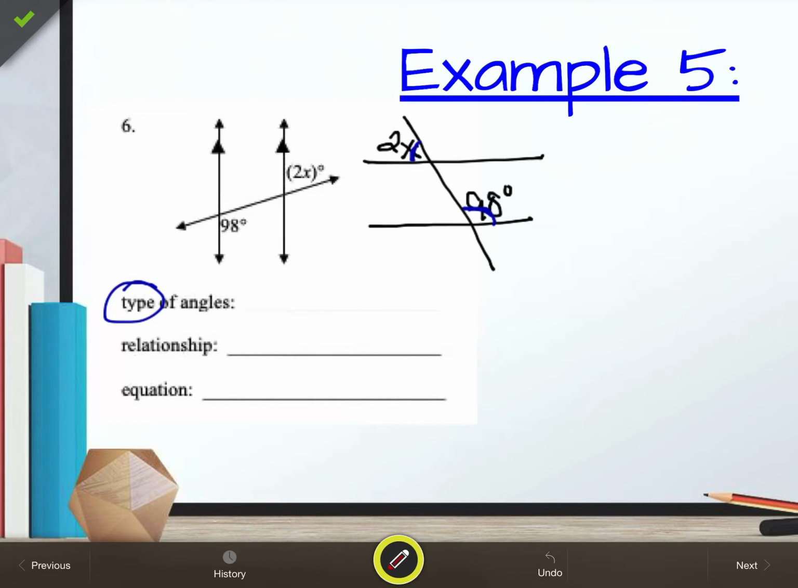Because they're not alternate interior, they're not alternate exterior, they're not corresponding, they're not consecutive interior, they're not consecutive exterior. So we don't know if they're congruent or supplementary. So what you do is use old stuff to help you figure it out. What do I mean by that? Well, if I know this angle up here is 2x, then